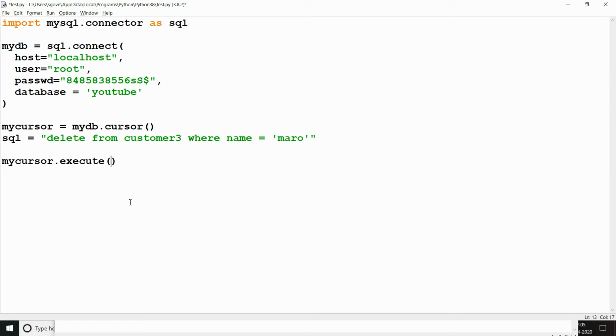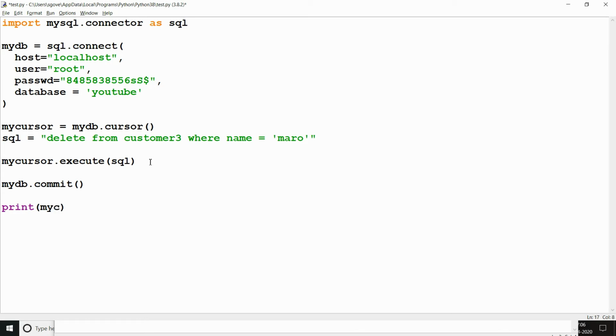After writing the query we just need to pass the variable into the execute command. So I will pass this to the mycursor.execute method, and after the query has been executed you need to commit whatever changes have been applied to the mydb object. So for that I will write mydb.commit and call the method, and finally to see how many rows have been deleted we will write a print statement, and inside the print statement we'll print the row count.